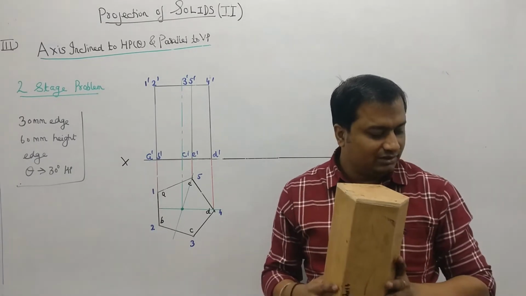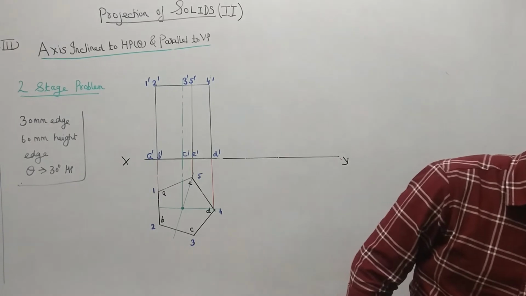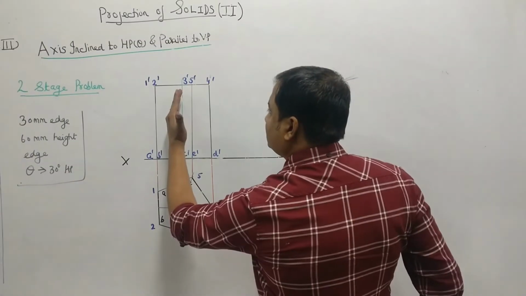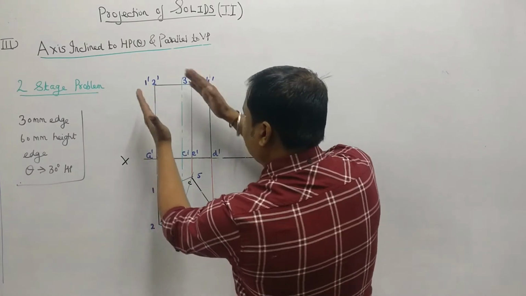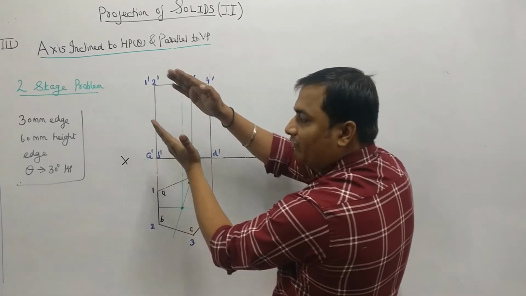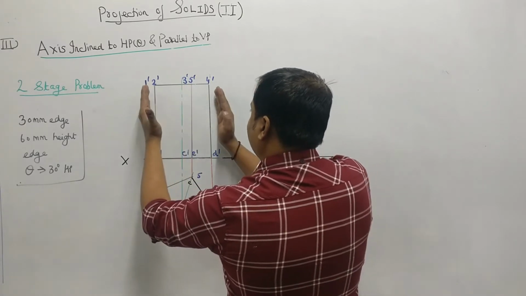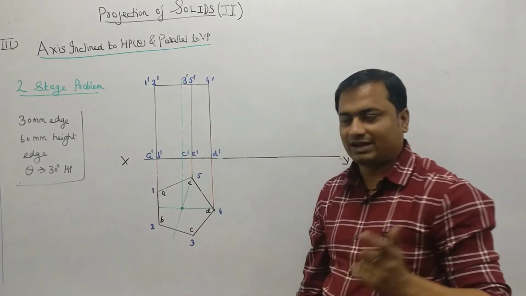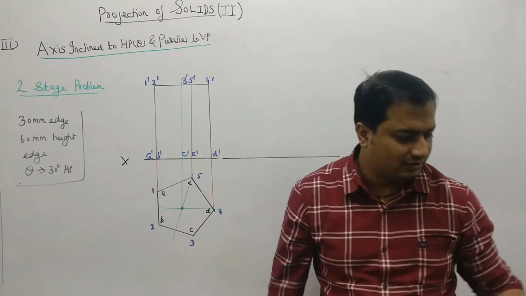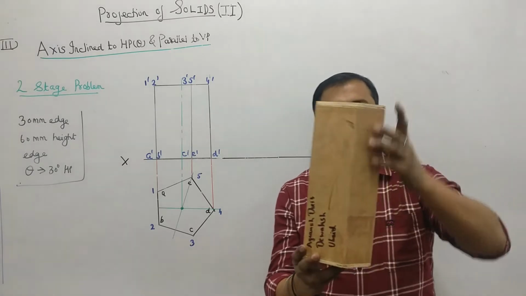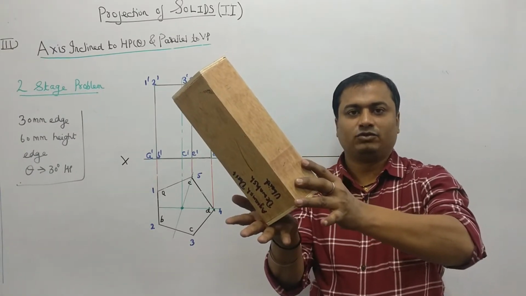See, now here you can see that there are two cases of inclination of axis. If your axis is inclined like this, that means this rectangle will be turning like this, anti-clockwise. If your axis is inclined like this for the clockwise, your rectangle will be tilted like this. As I have told you, that depends on the problem. Problem is of edge or the corner. So if the problem is of edge, that means you have to turn like this.